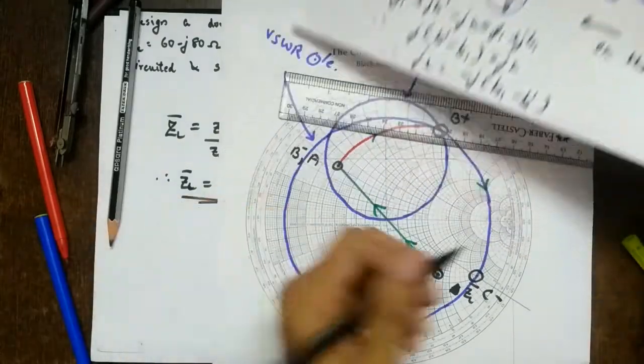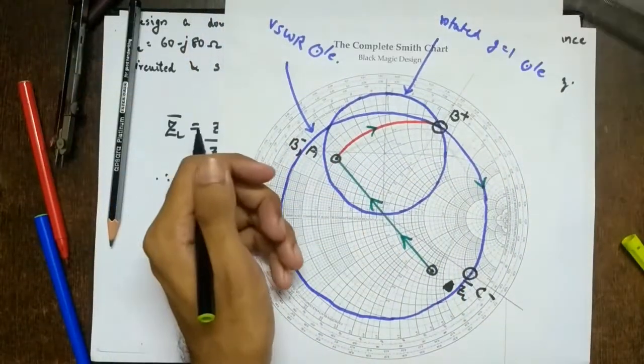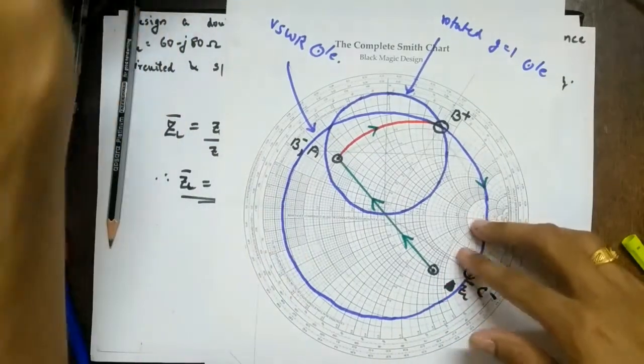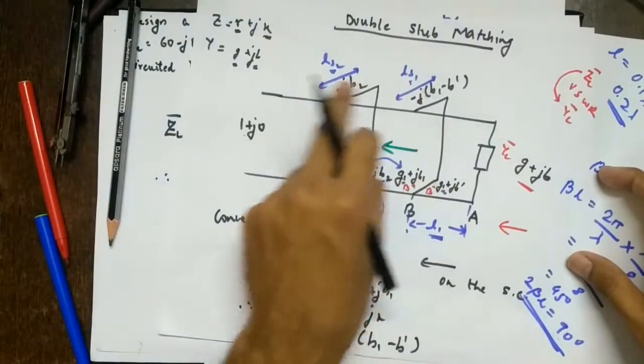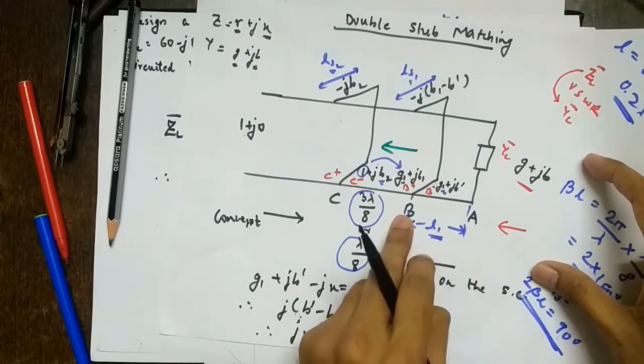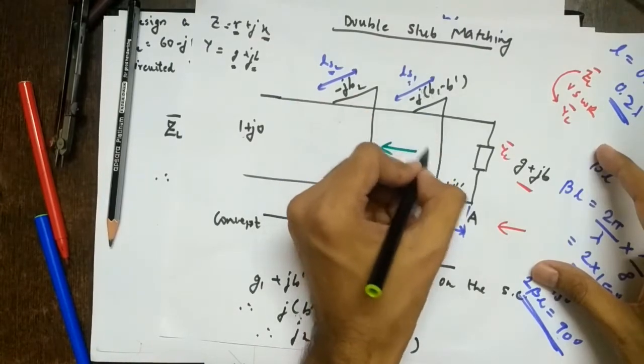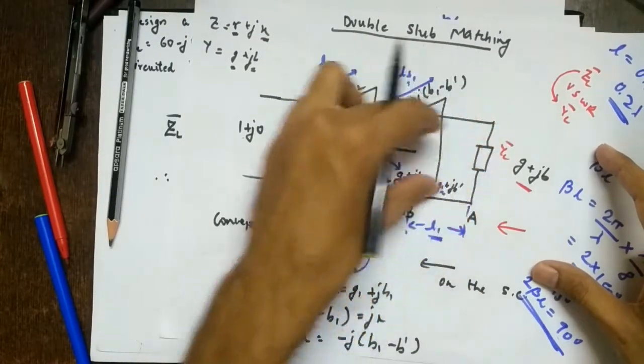With regards to plotting, you have got C minus at g equal to 1, which means your plotting is correct. So I have done it correctly. Next, what we have to do? We have to find L1, LS1 and LS2. For L1, we have already assumed that A and B minus are the same, so L1 is 0 lambda. Means we have to draw the load as it is over here. This distance is 0, so this will come directly here.